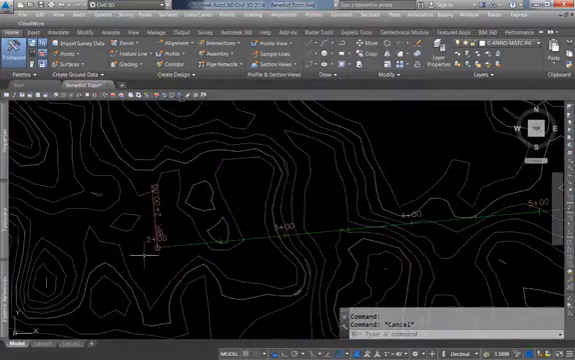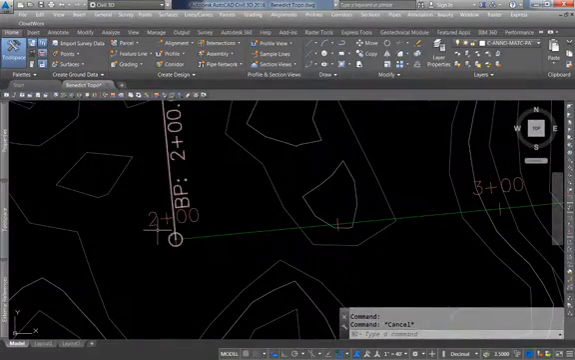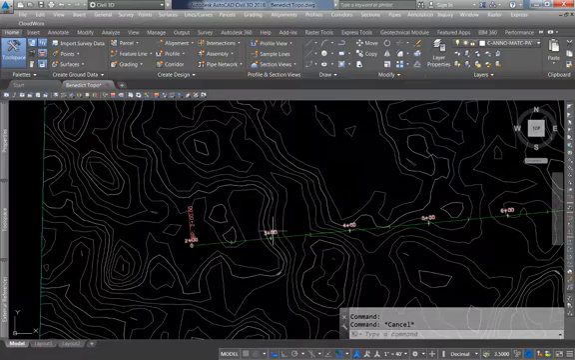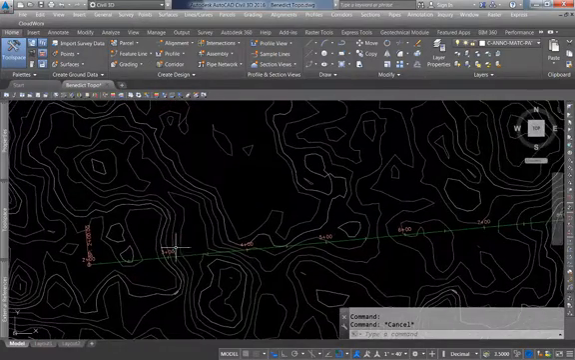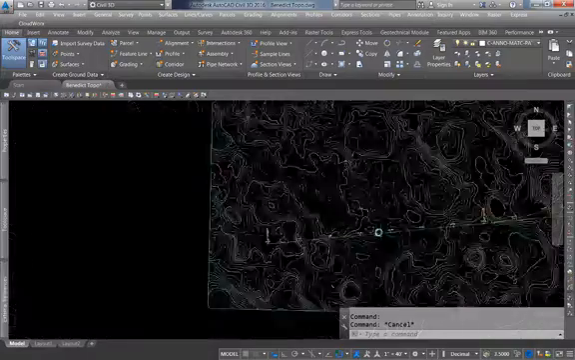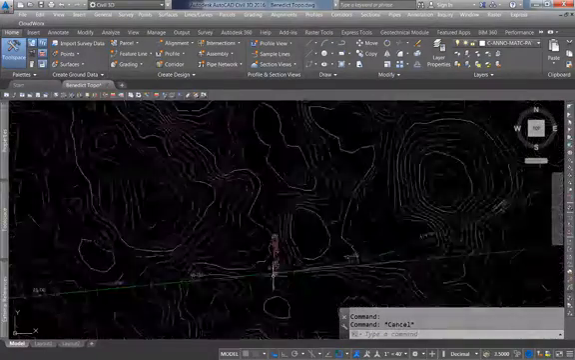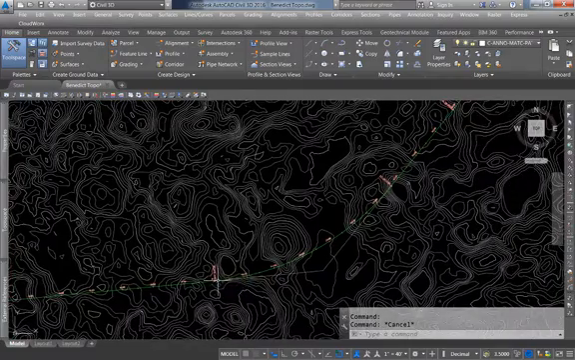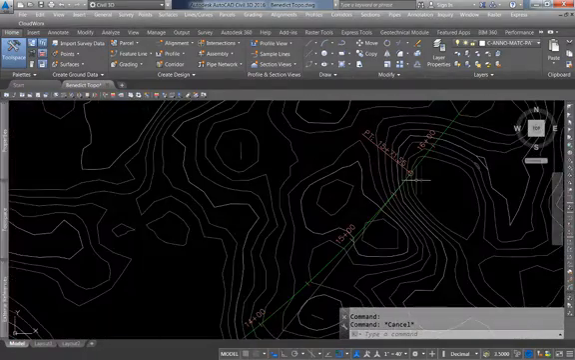And if I zoom in, here's my starting point at station 2 plus 00, and it does add major stations with minor station ticks as that style we selected for labeling. Also, it labels my geometry points, so point of curvature, point of tangency,